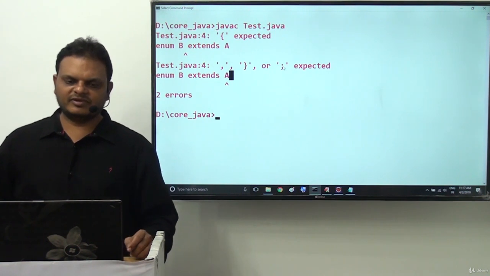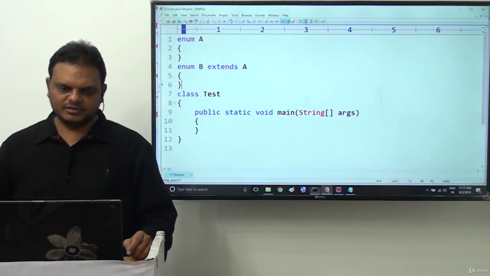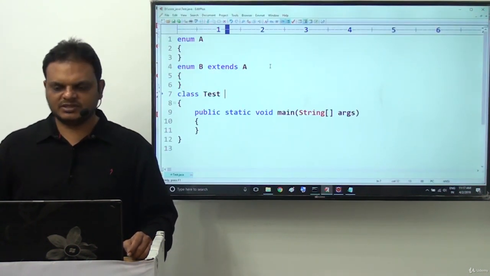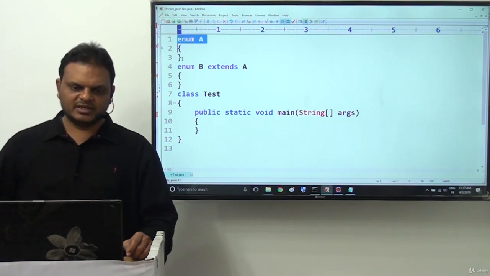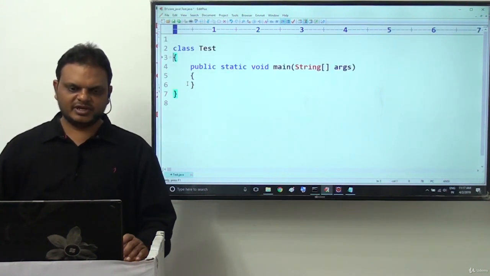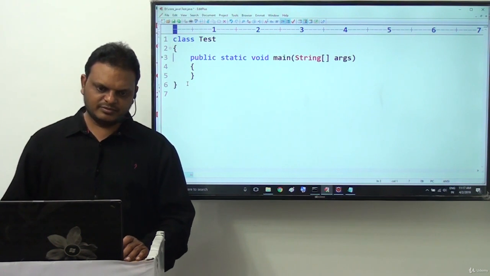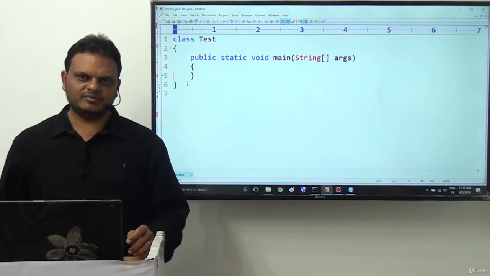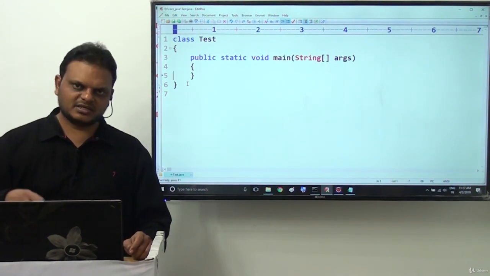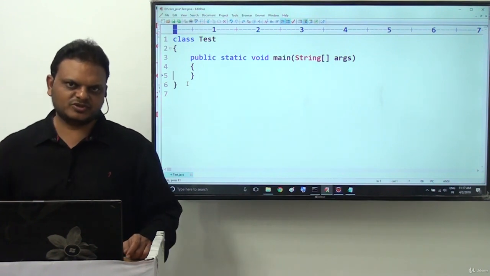Something else is expected here. So definitely it is not possible to extend one enum to another enum directly. This is what it means. That was enum and basic awareness on this particular enum. How to declare an enum and how to access the constants from this enum, all these things we understood clearly.